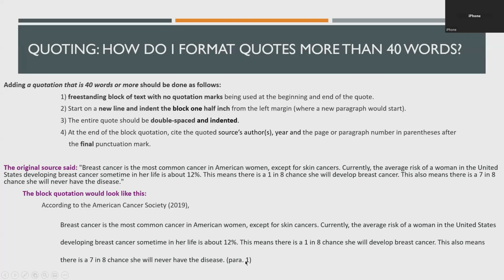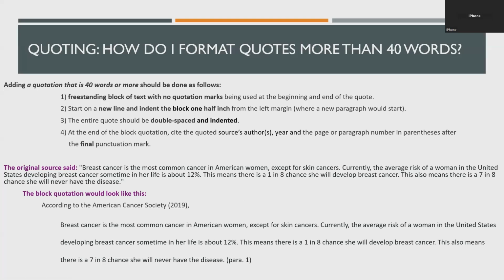Also, it's kind of a review, because I mentioned the American Cancer Society in my sentence and I've already provided the publication date, I don't need to include that information here after my quote. I've already included it up here. What this also tells me is that this source did not have a specific author. The author of this source was the American Cancer Society. So that's how you do a block quote.